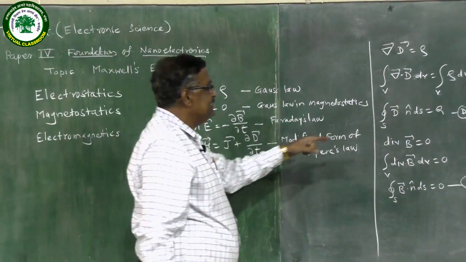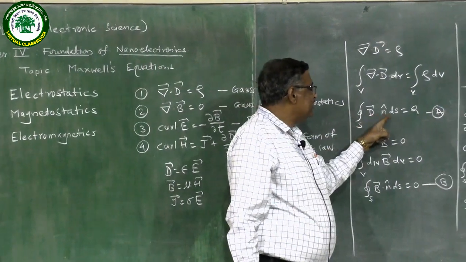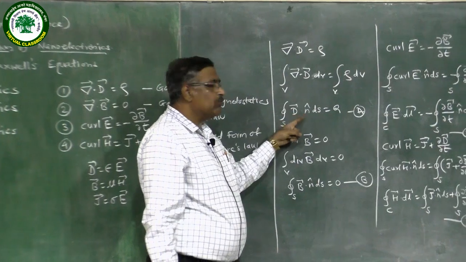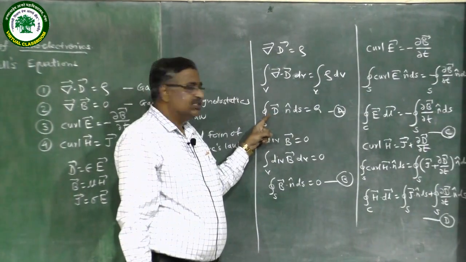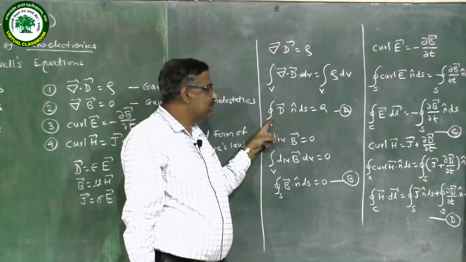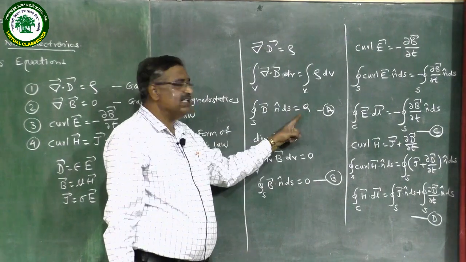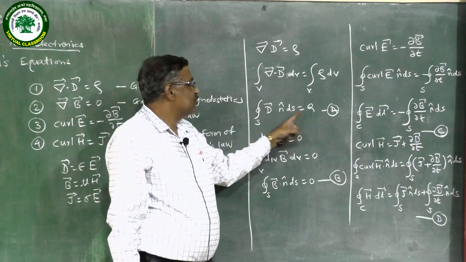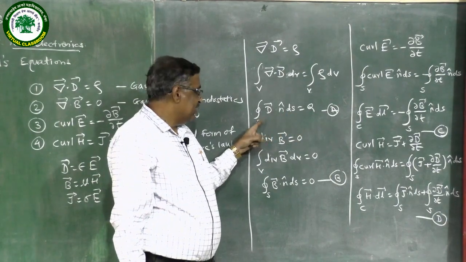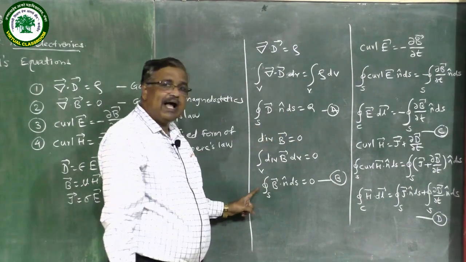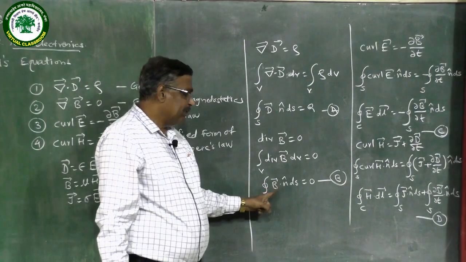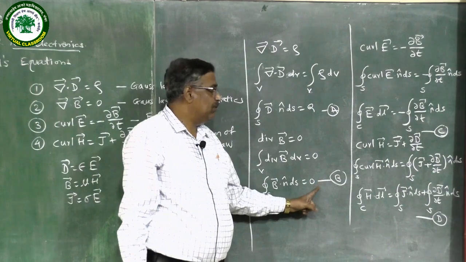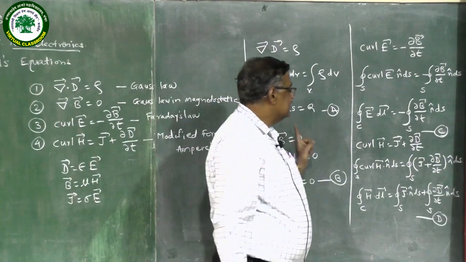The first equation is the integral over S of D dot n dS equal to q. So the statement is made such that the surface integral of the normal component of the displacement vector passing through any closed surface is always equal to the true charge present in that surface. So this is the first equation. The second equation can be stated as the surface integral of magnetic induction passing through any closed surface is always equal to 0. So this is the second equation.